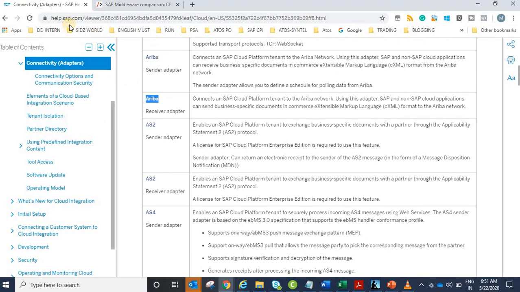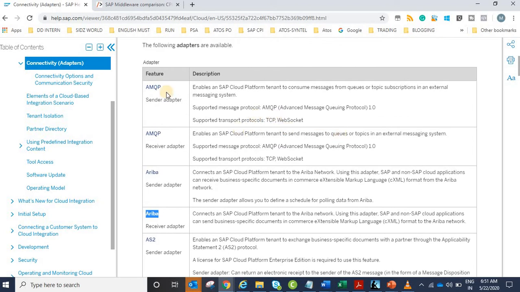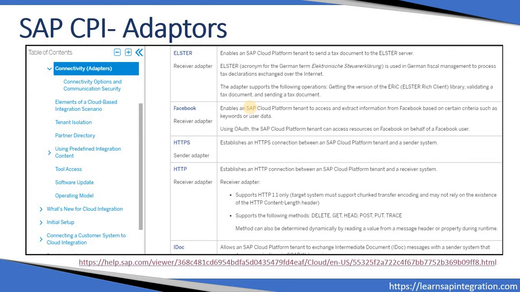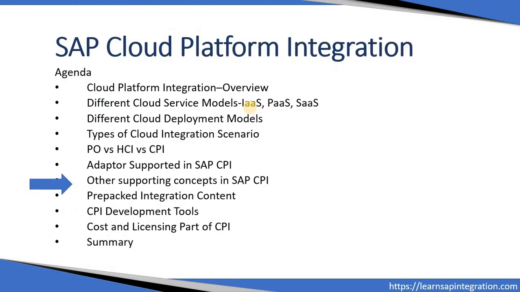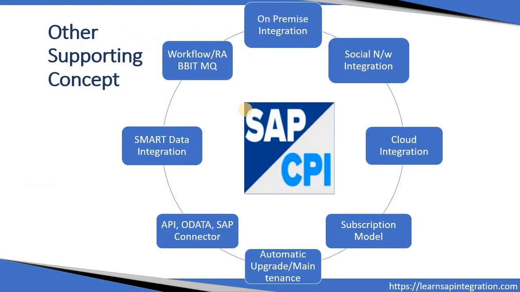It is the standard SAP help, so you can check the availability of each and every adapter in detail. Okay, guys, so we'll move on. Apart from this, there are so many other jargons going around with CPI. So we will see them one by one now.